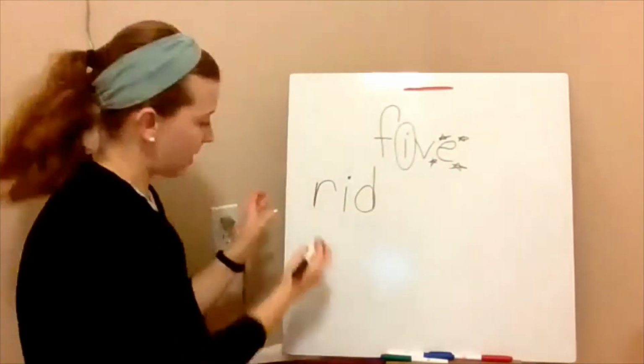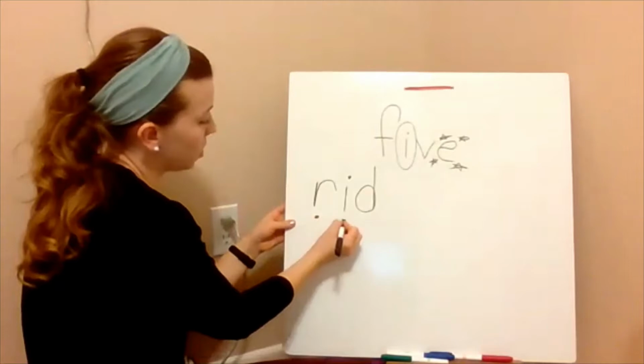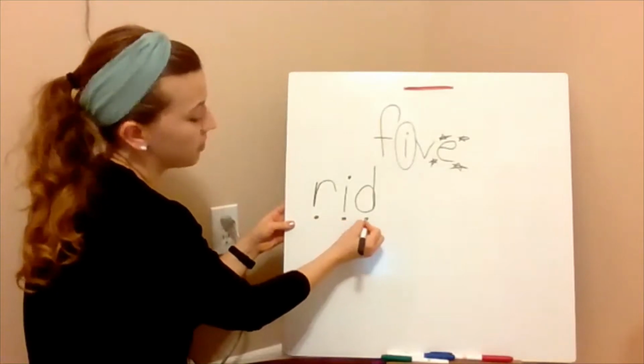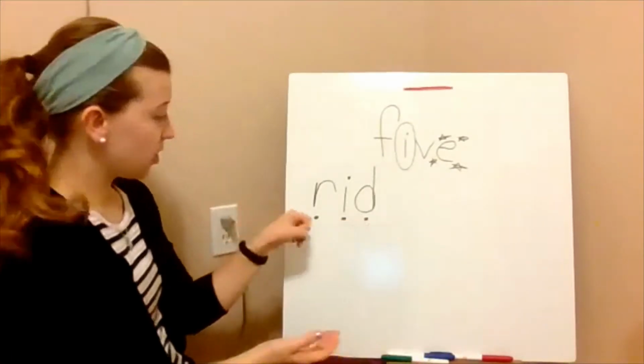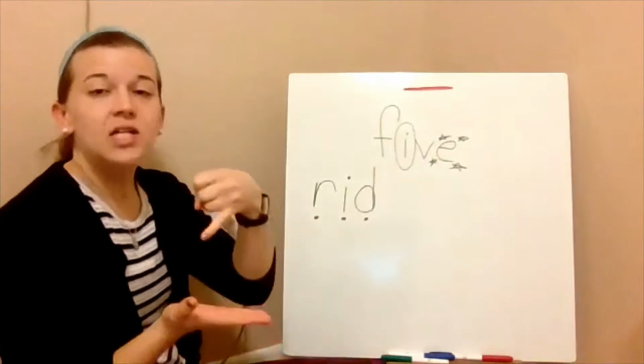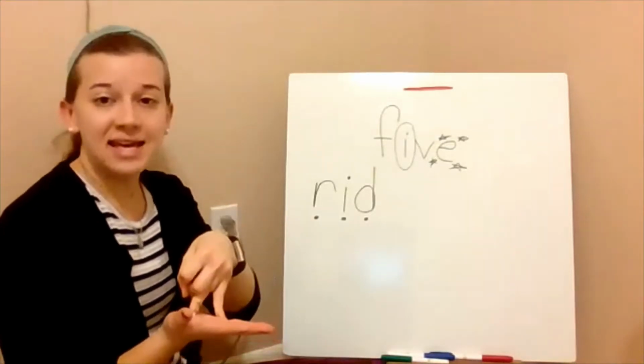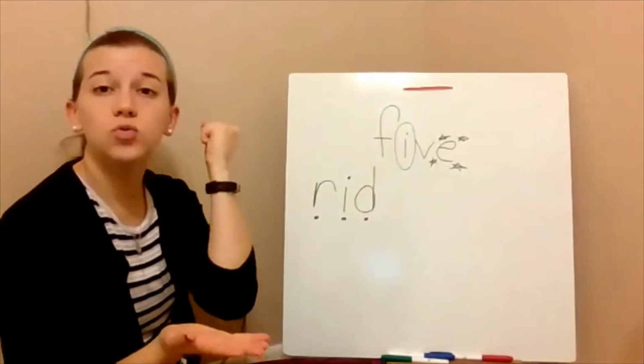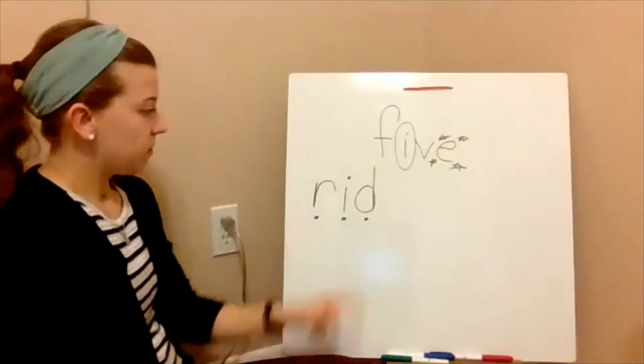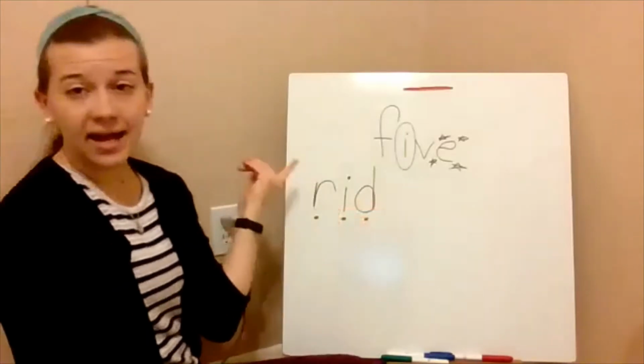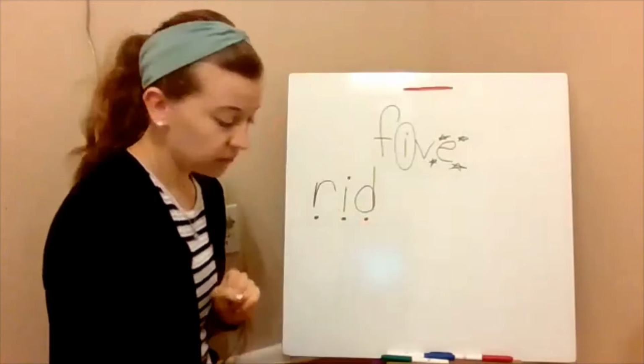R-I-D. Let's tap out that word. There are 3 sounds in this word. 1, 2, 3. Can we tap out that word starting with the R sound? Ready? R, I, D. Rid. There's no magic E at the end, so I is just going to say I, like it normally